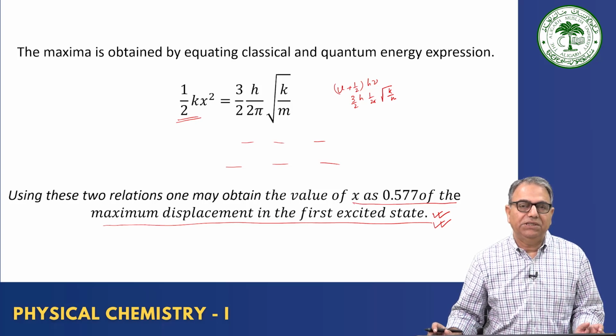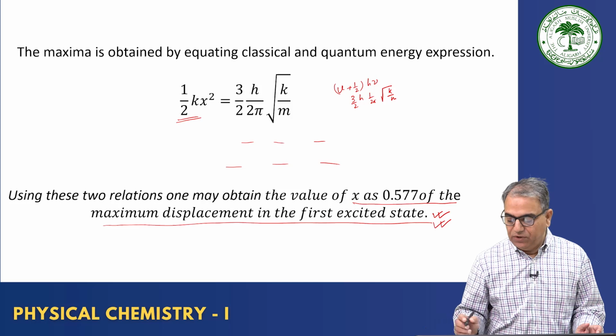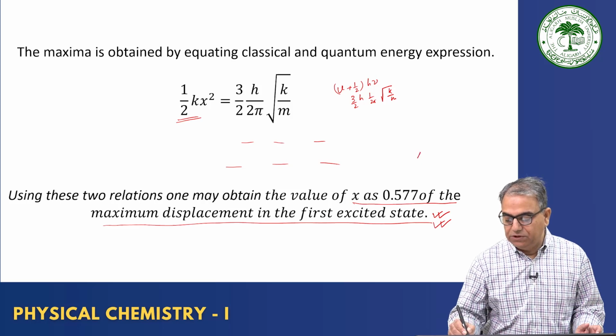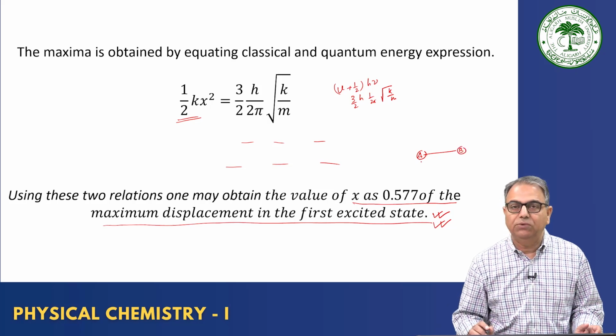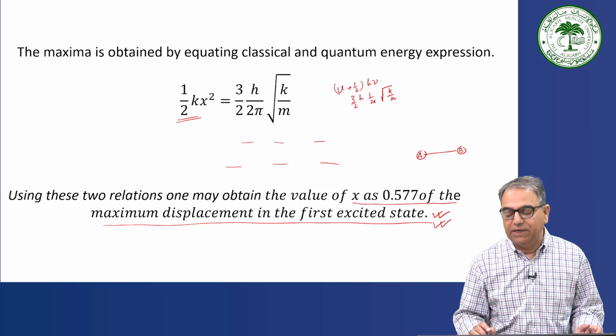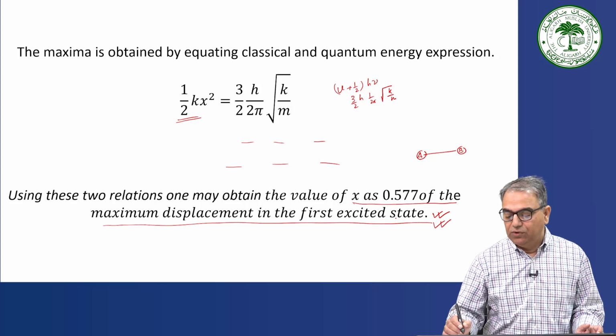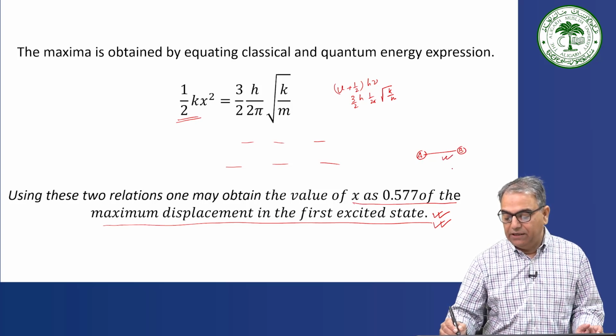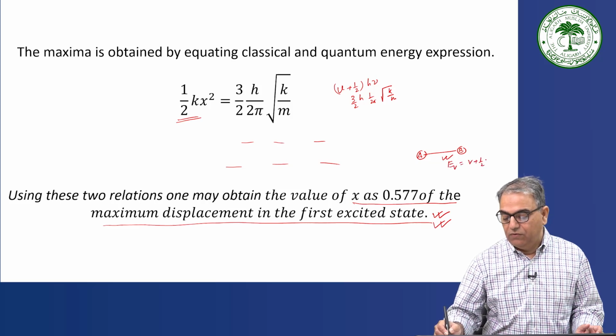In chemistry, if you have two atoms A and B which are bonded together, and the atoms vibrate and show a harmonic oscillation, then we can apply these principles of the quantum mechanical simple harmonic oscillator to these vibrations. And the relationship which we have obtained, E_V equal to V plus half h nu, forms the basis of